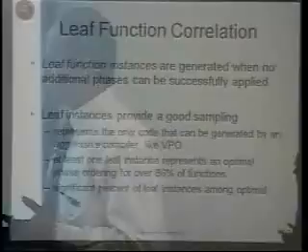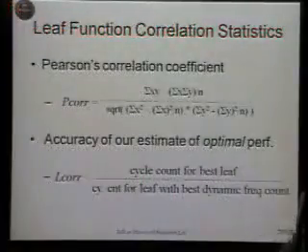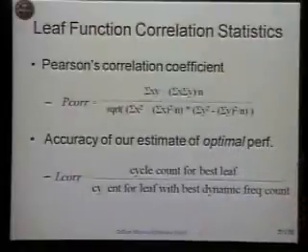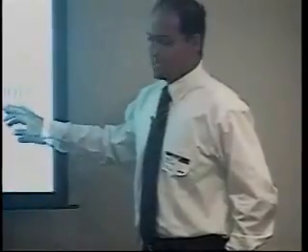At the same time, there was also a significant percentage of leaf function instances among the total number of optimal function instances. Even when the leaf function instance was not optimal, it was typically very close to the optimal function instance. And so we decided to restrict the correlation study to only leaf instances. So we used two different correlation metrics. The first is Pearson's correlation coefficient, which is a standard correlation metric in such studies. The second measure of correlation was something we defined ourselves, which is just a ratio of the cycle count for the best leaf divided by the cycle count of the leaf with the best dynamic frequency measure.